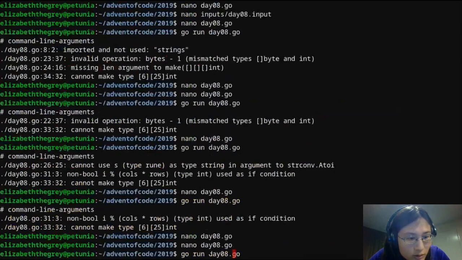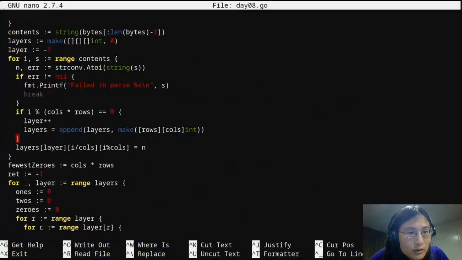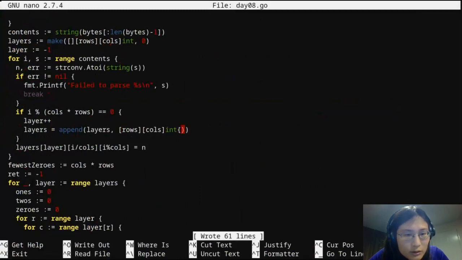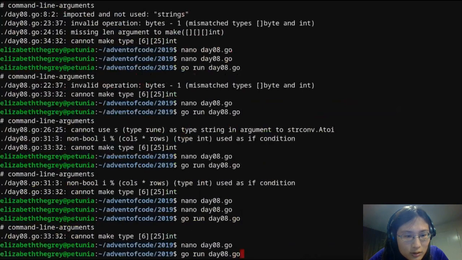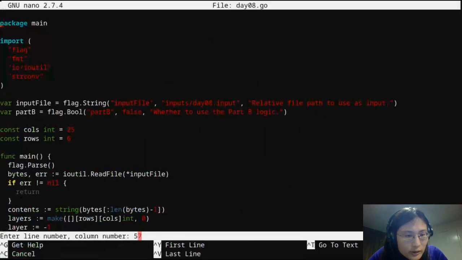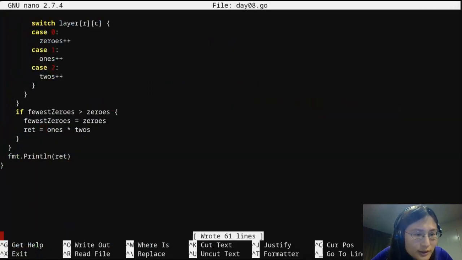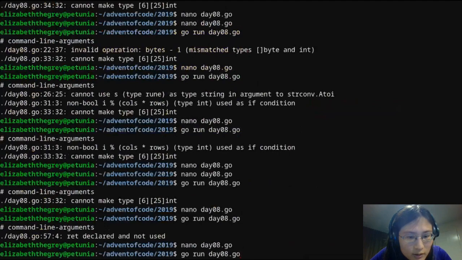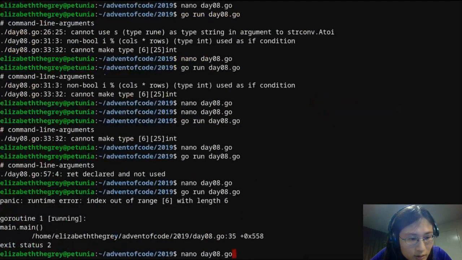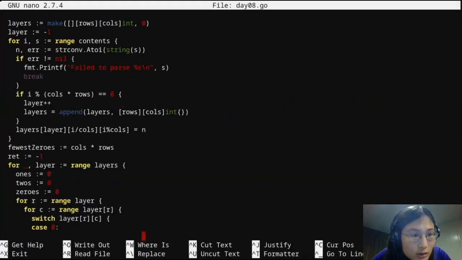And finally, oh, righto. I think that just works. Okay, line 57, ret is not declared. Oh, it's that. Okay. Line 35. Oh, right. That is correct.